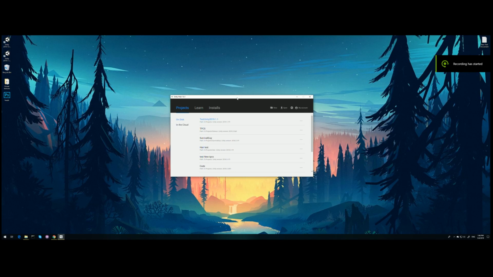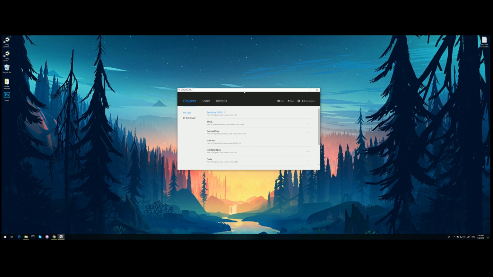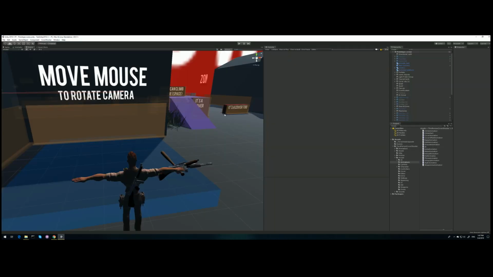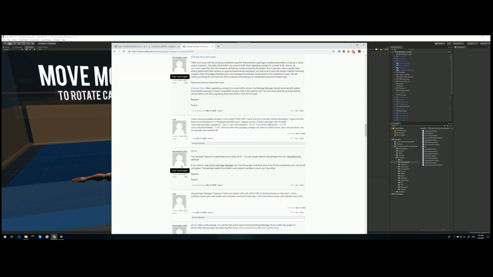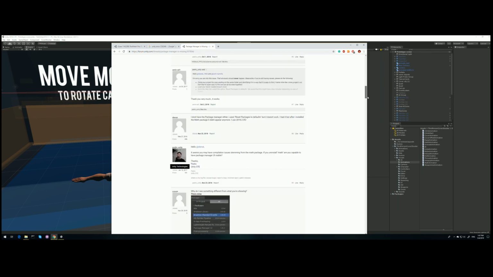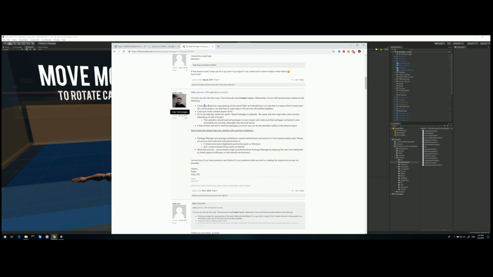Hello guys, today I'll show you how to install our third-person cover shooter in Unity 2019.1. So you can see I installed it and it works, but you need to do some little changes. I found the solution in this forum. It's over here. So it's how a new version of Unity